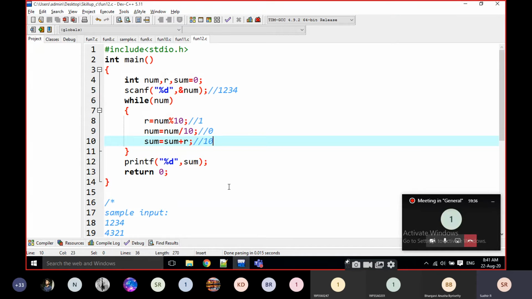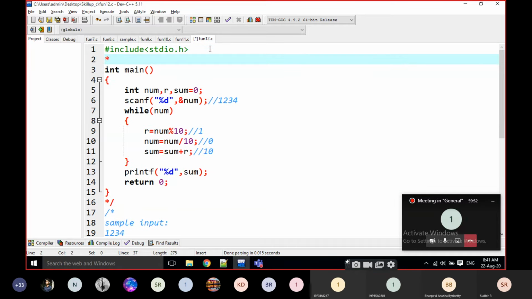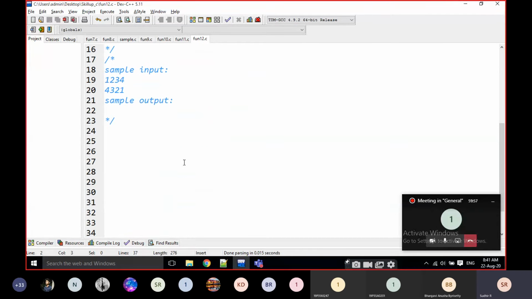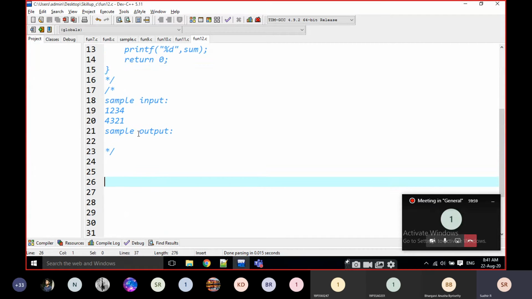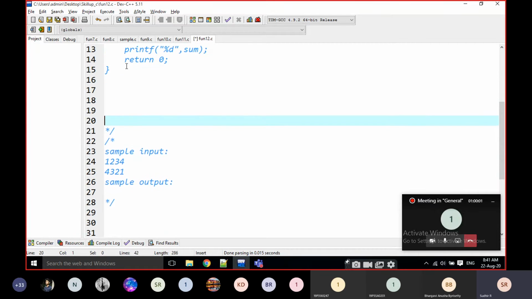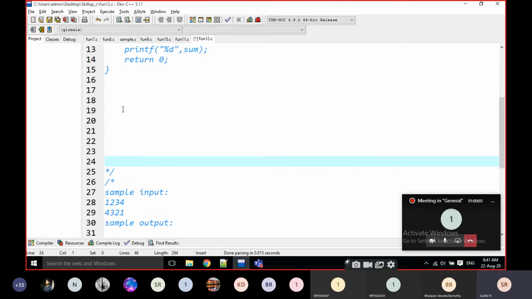Can I write this using functions? Can I write the same program using functions? Yes, I am going to apply the same program here only. Int main.